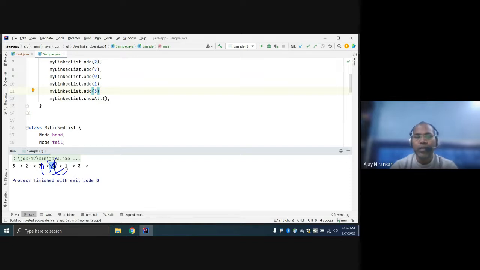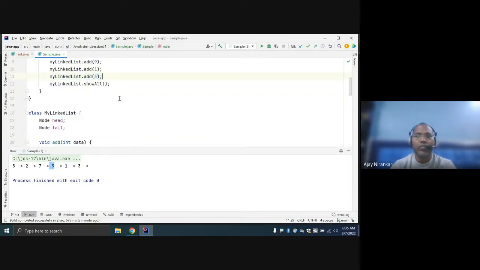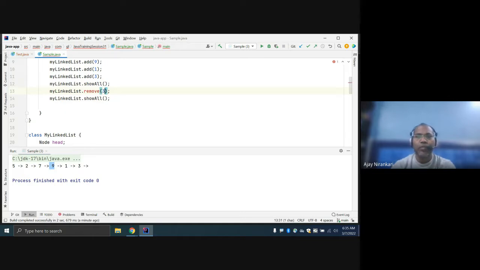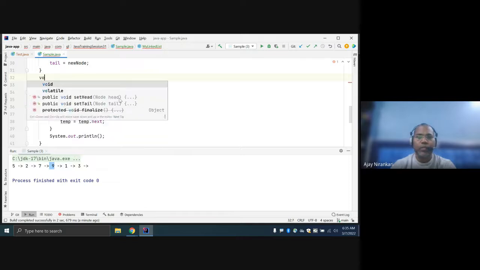So first thing, you have to find this element and the previous element. Let's write the code. I want a method, remove, let's remove 9. So I write a remove method for it.